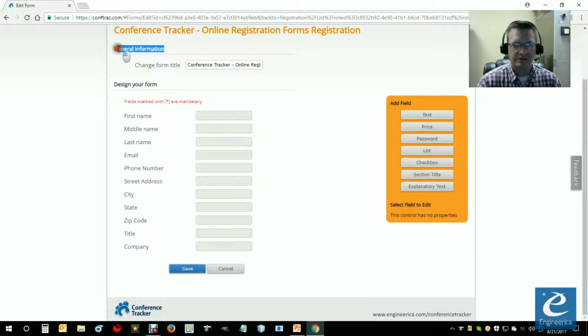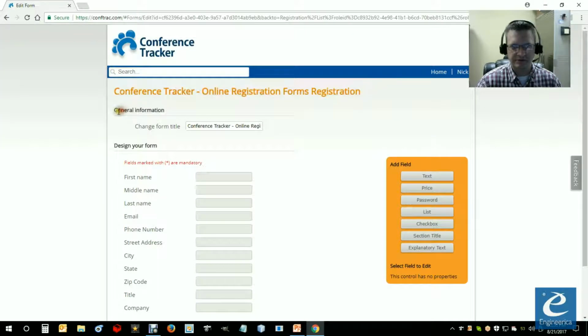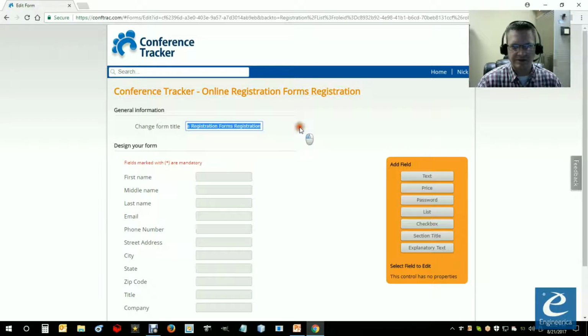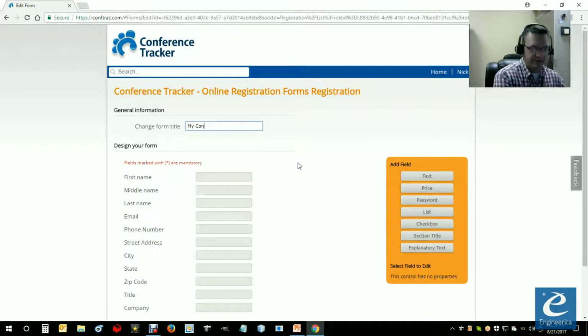So right here, this information that's already here is going to appear under a general information heading, along with, in orange, like it says up here, the conference name that I gave it. But up here I could actually change the registration title. So I'm just going to go ahead and change that to my attendee conference registration. Okay, once I get that in there,